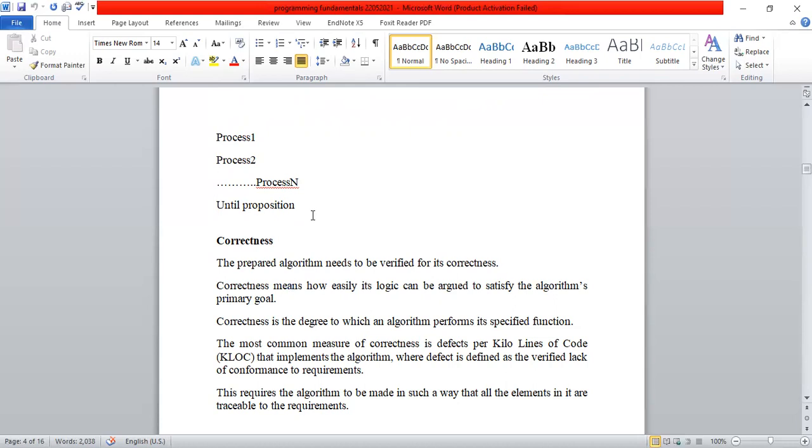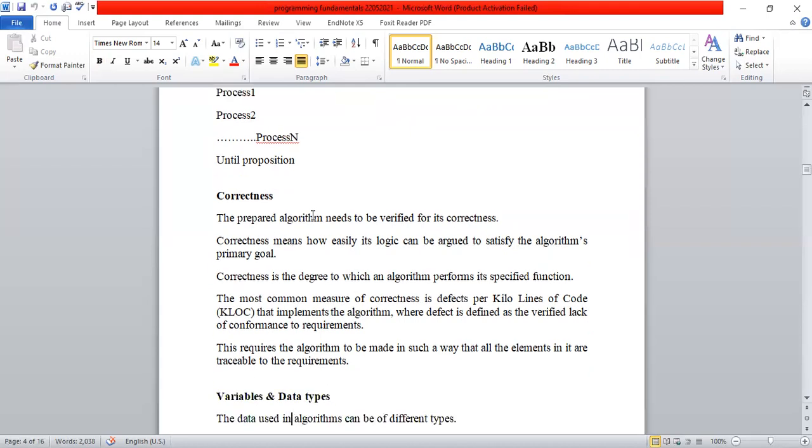Correctness is the degree to which an algorithm performs its specified function. The most common measure of correctness is defects per kilo lines of code, KLOC, that implements the algorithm, where defect is defined as the verified lack of conformance to requirements. So this requires the algorithm to be made in such a way that all the elements in it are traceable to the requirements. The algorithm should be so clear and easy that every step performs a specific function